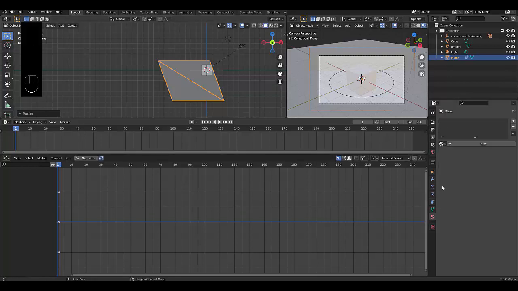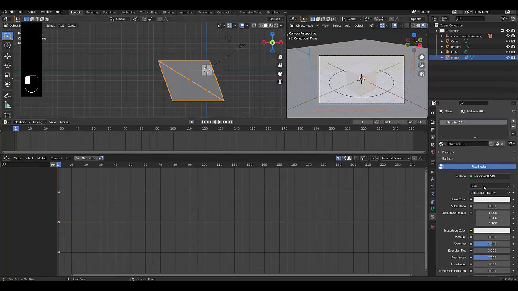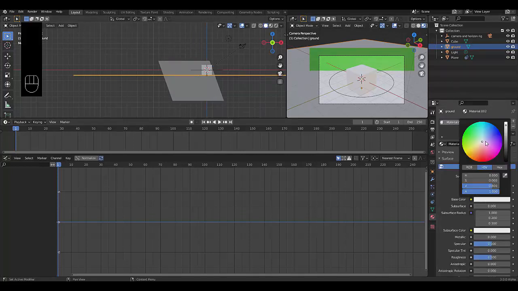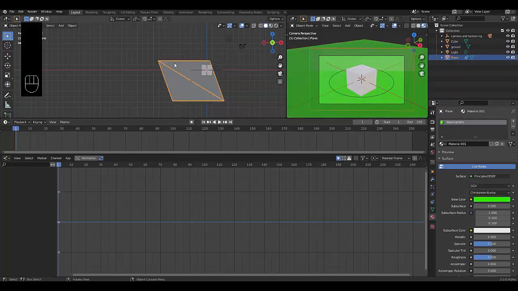And for interest's sake, we're just going to make the horizon a different color. Make it green. And we make the ground a random color, just so you can tell them apart. In fact, let's make the ground green, and we make the horizon blue. And we're going to rename this horizon,